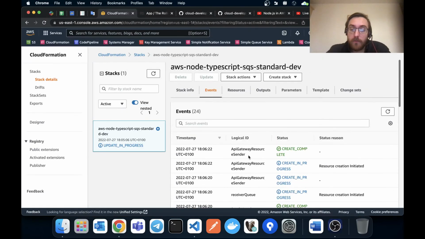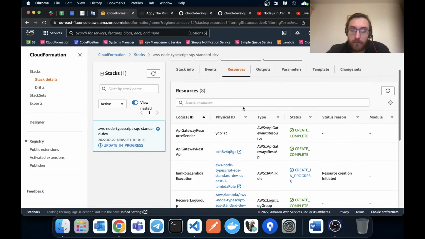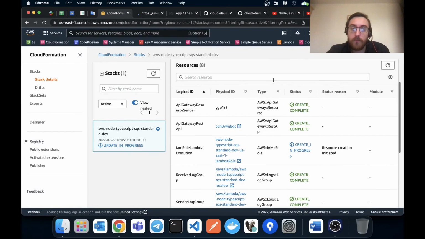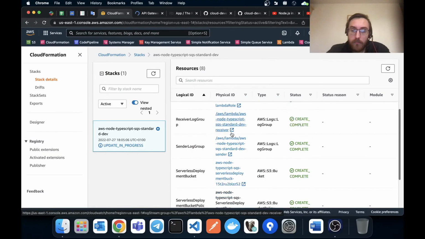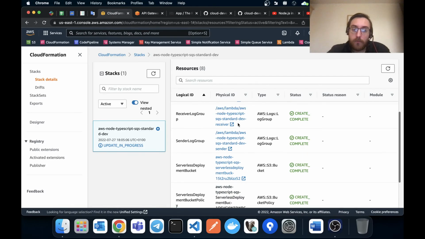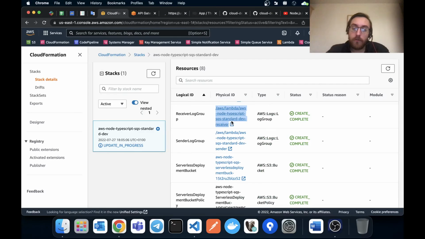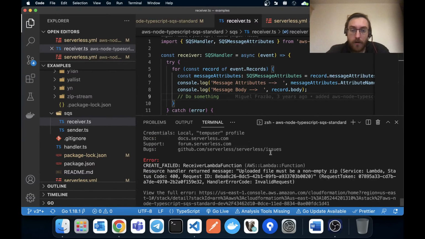Okay, so it's updating a bunch of resources we already created. So we already have an API gateway. Let's go there just for us to make a request. Lambda role is create in progress. Okay, a bunch of log groups created where we are going to see the output. So I assume, just judging by the code, that these console logs will be outputted into, come on, create